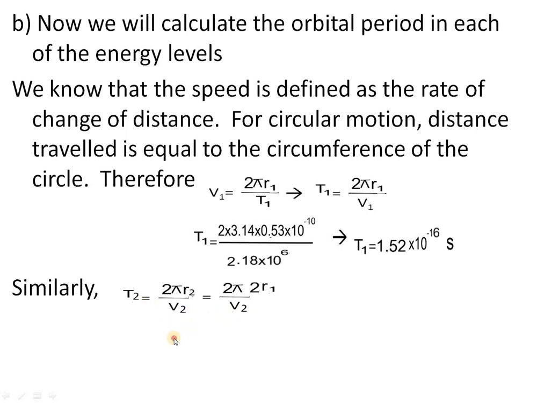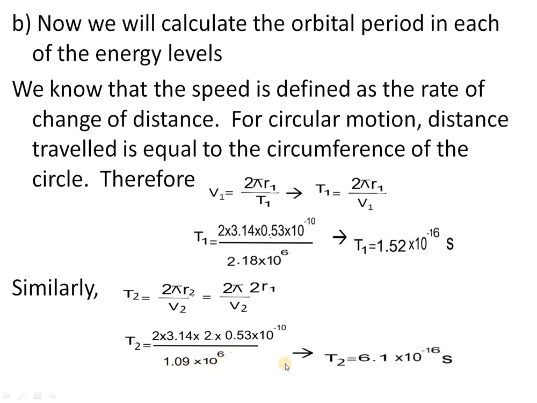Now we can make the calculations. T2 equal to 2 into pi, which is 3.14, into 2 into R1, 0.53 into 10 power minus 10, divided by V2, that is the orbital speed of the electron in n is equal to 2. We already calculated this value. That is 1.09 into 10 power 6. So if we make the calculation, we will get T2 equal to 6.1 into 10 power minus 16 seconds. Similarly, we can calculate